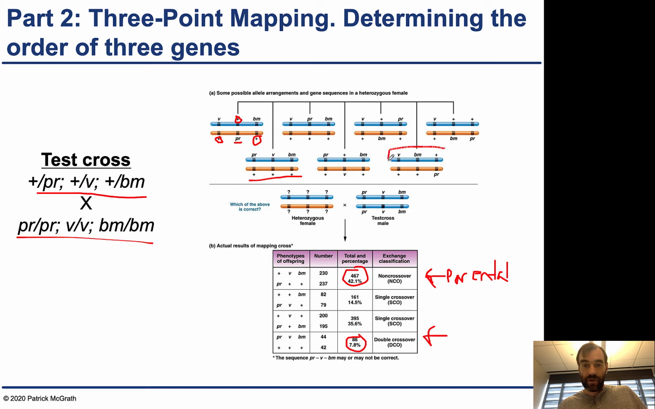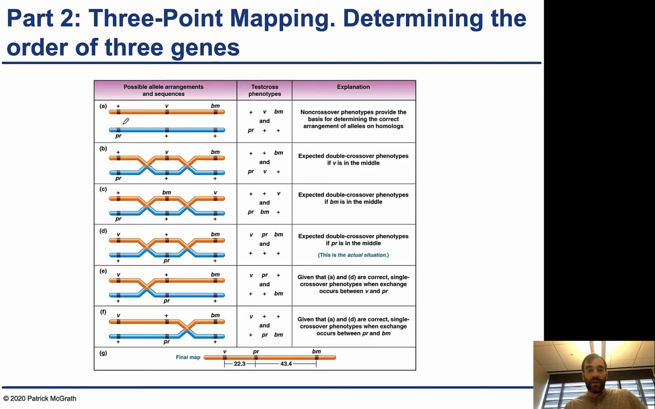An example of that is this. Another example is this. And then there's also a third possibility where the V gene is in the middle, but that particular combination isn't present up here. So we just use this information to at least infer the parental combinations. And so now